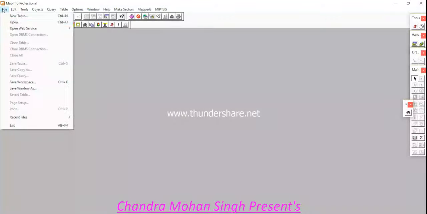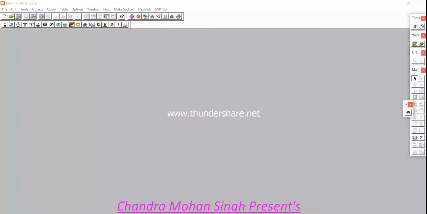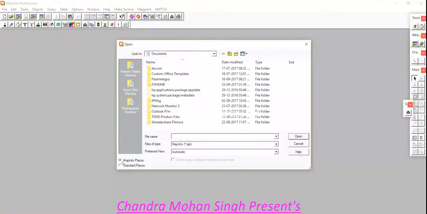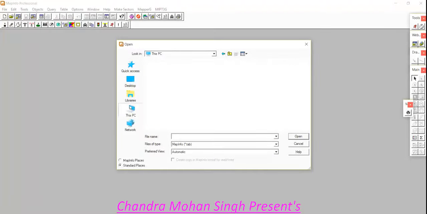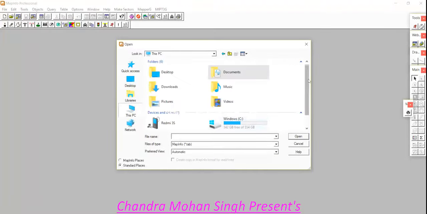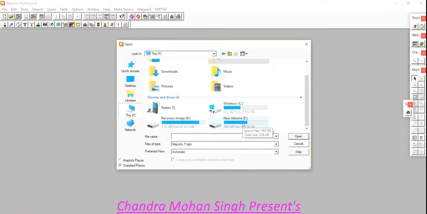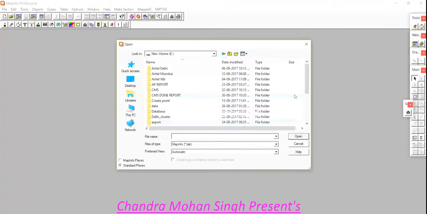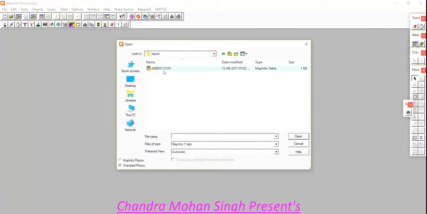We go to File, Open, and select our destination path where our export is. We go to the folder. Here is our export. We can select the export, MapInfo tab, automatic. After that, open.